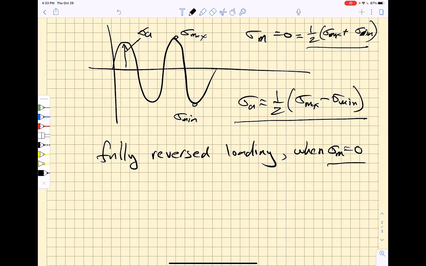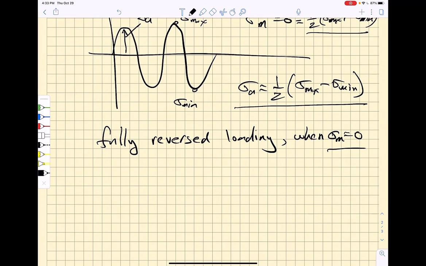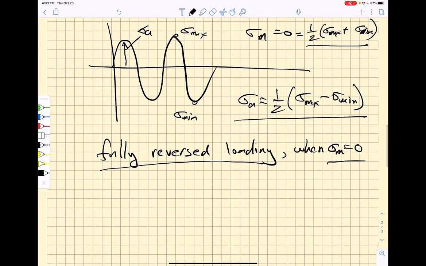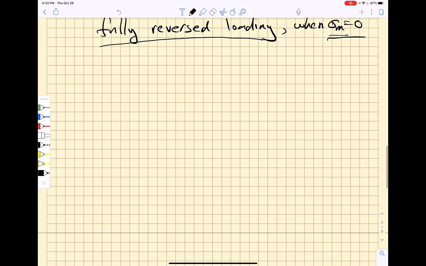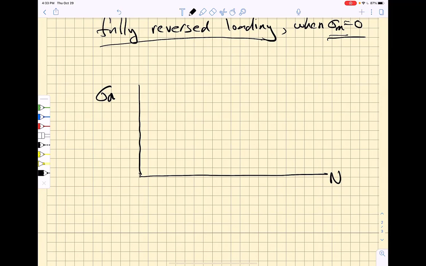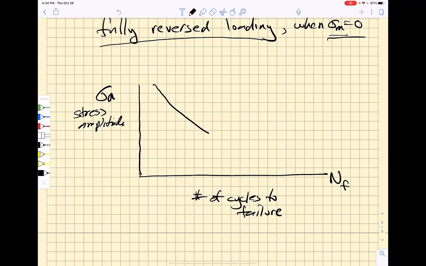And all of the fatigue data that we use in determining lifetimes of components is experimentally collected using fully reversed loading. So everything that we originally knew about fatigue, which really came from Wohler's original studies on train axles, is for mean stresses equal to 0. And what Wohler found is that if you vary the stress amplitude and measure the number of cycles to failure, so this axis becomes NF and the y-axis is the stress amplitude, Wohler found that this obeyed a power law